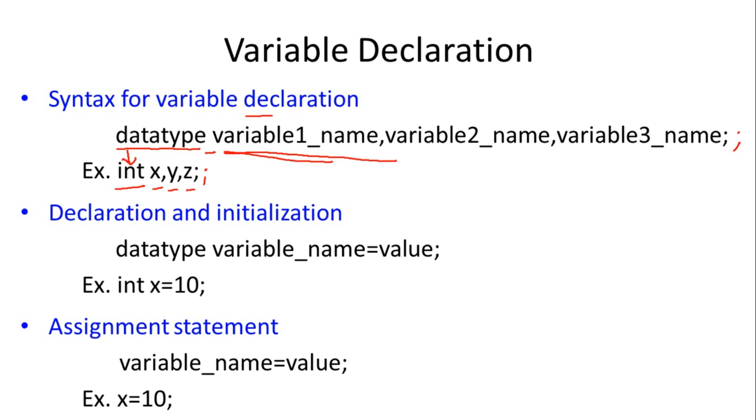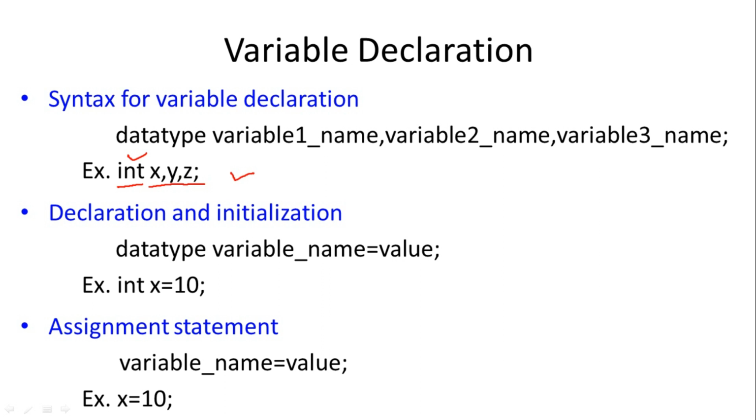Now what is the use of this variable declaration statement? What does it indicate? First of all, it indicates the names of the variables that we are using in our program. Second, it defines which type of value each variable is storing. For example, this statement indicates that in our program we are using three variables with the names x, y and z, and the values to be stored in those variables are of type integer. So x will give the name to one memory location, y will give the name to another memory location, and z will give the name to a third memory location.